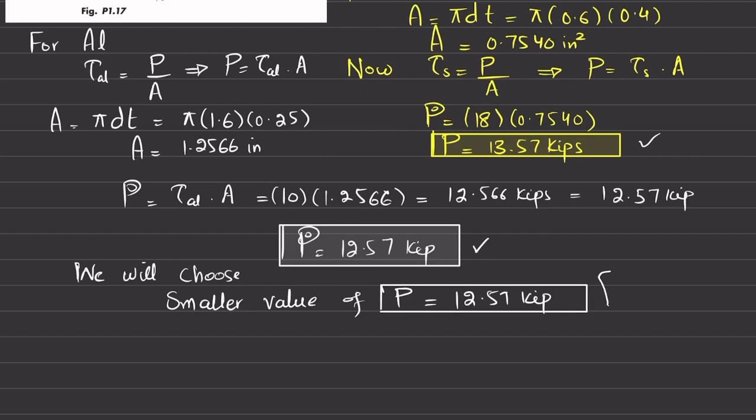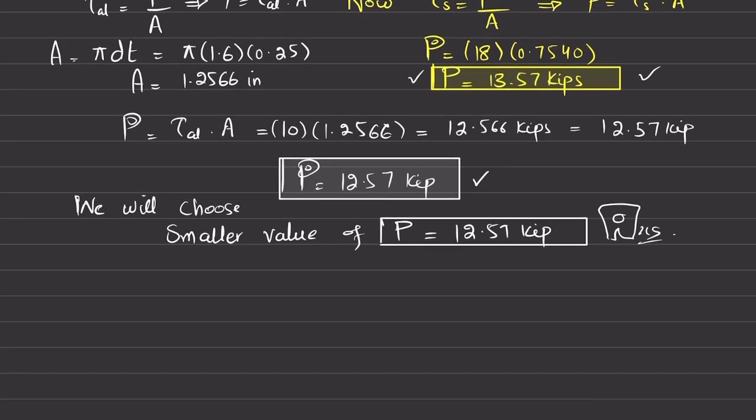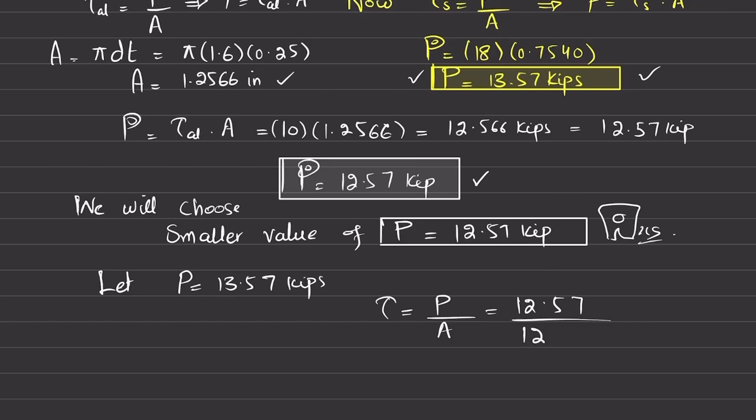Now I will explain the reason why we choose the smaller one. Let us choose this larger value, P equal to 13.57 kips. And we know that shearing stress in aluminium is equal to shearing force per unit area. So 13.57 divided by the area of aluminium, which is 1.2566, will give you 10.79